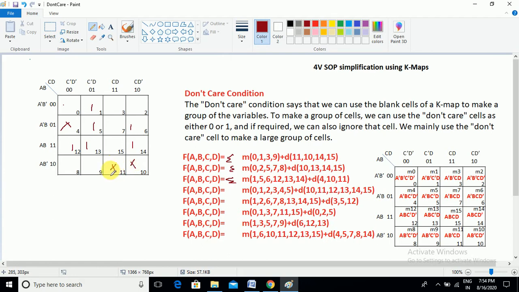Now let us think about the grouping considering our don't care cells. Let us create an easy grouping first. Here I can create an easy group including 4 don't care cells, so it creates a 4 cell grouping. After that, think about the ones which are not in a group. If you consider 6 with 4 and 14 with 12, the edge mapping is possible. Here also I am including the don't care cell, and the don't care cell and normal minterm are both overlapped.